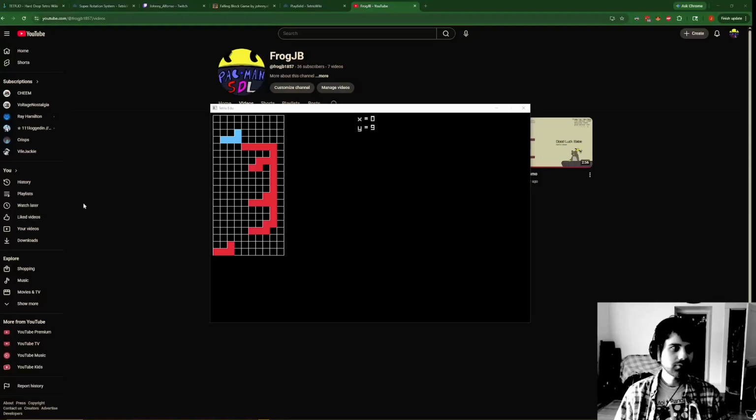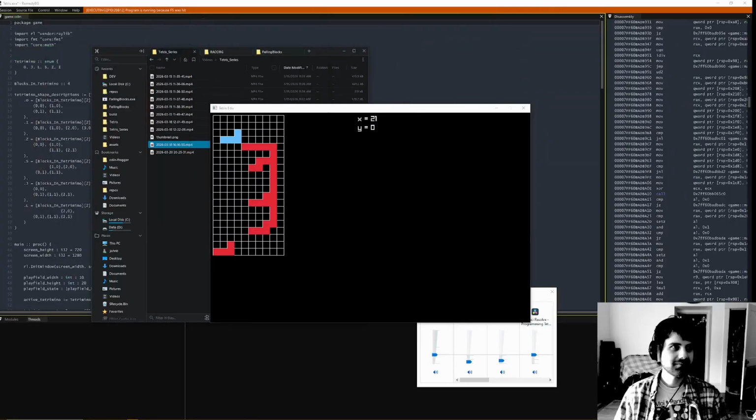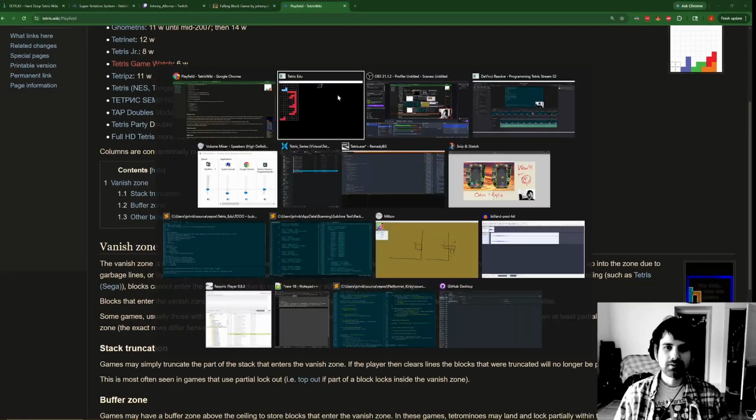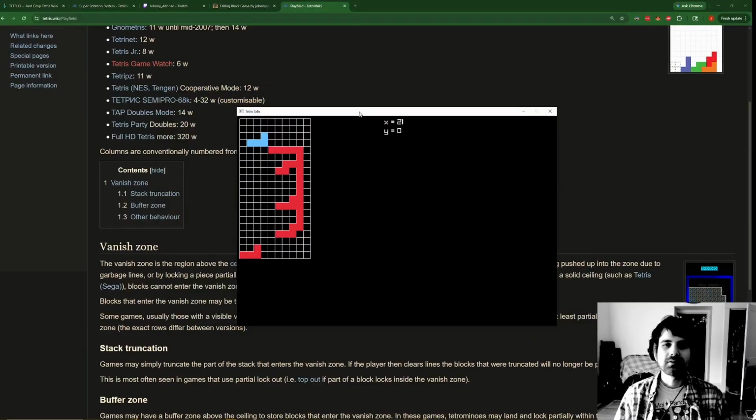Hello and welcome. I'm going to continue doing some game programming with Tetris in Odin and the Raylib library. And today is the third stream. So where we left off last time is that we have a play field of about the dimensions that the